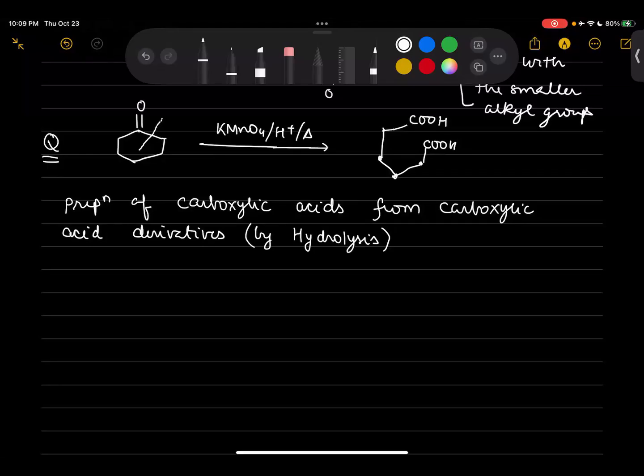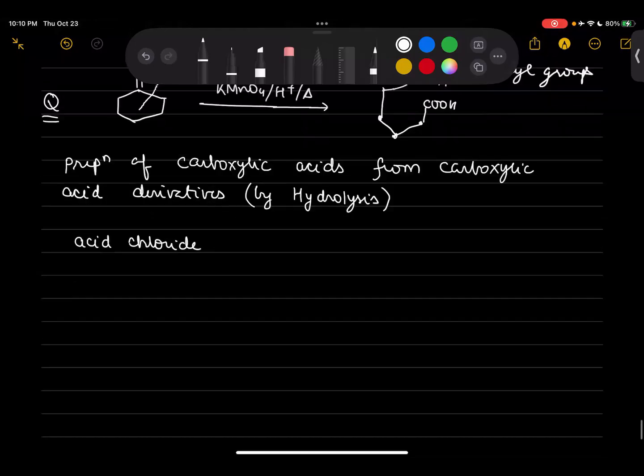So how many carboxylic acid derivatives are there? These carboxylic acid derivatives are formed when water is removed. When you put water, these carboxylic acid derivatives undergo hydrolysis and give the carboxylic acid again. Got it? So what all carboxylic acid derivatives are we having? We are having 4 different carboxylic acid derivatives. The first one is acid chloride. Okay, carboxylic acid chloride,